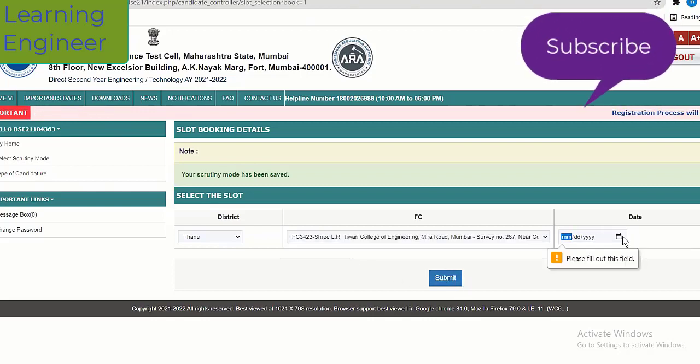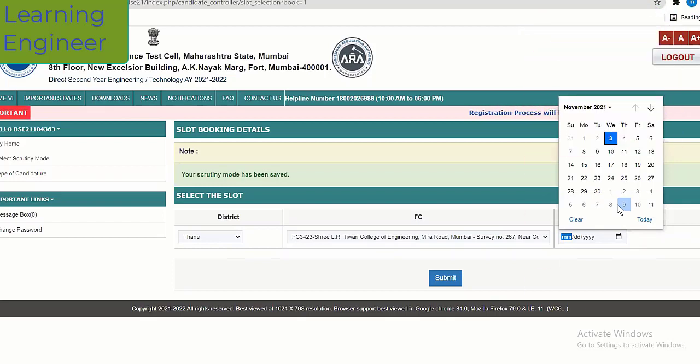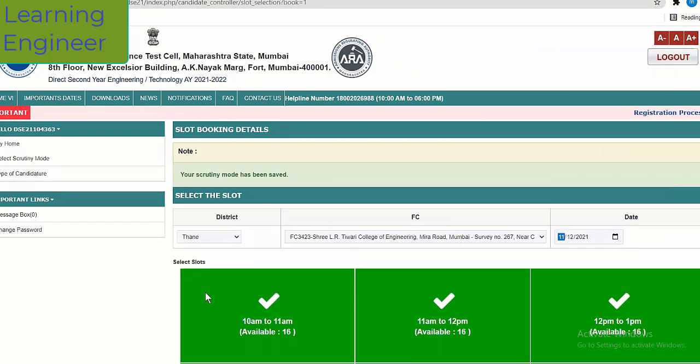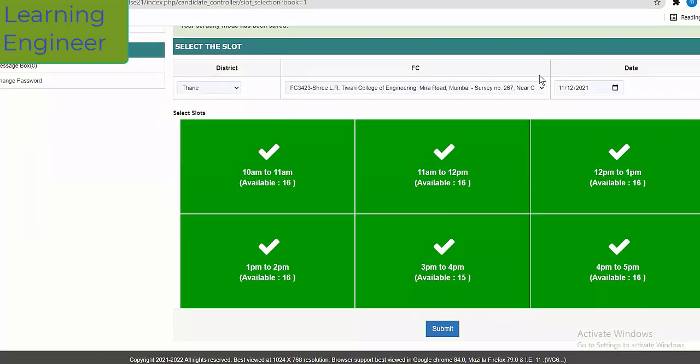You have to select the date and slot on which you can visit the college for document verification. You can see these slots are available on 11th of December. Simply select any slot in which time you can visit that FC center or college. Let us say 3 to 4 p.m. on 11th December.